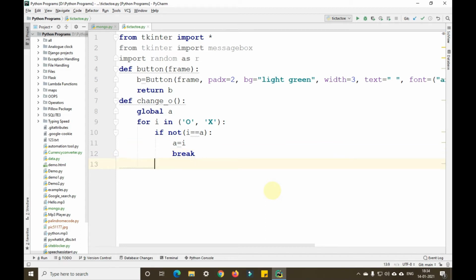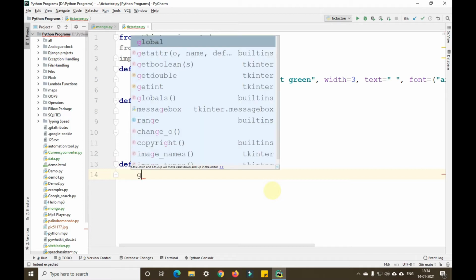Okay guys, now I'll define a function called reset, which will help us to reset the game. Okay, def reset function. I'll again take that as global a.